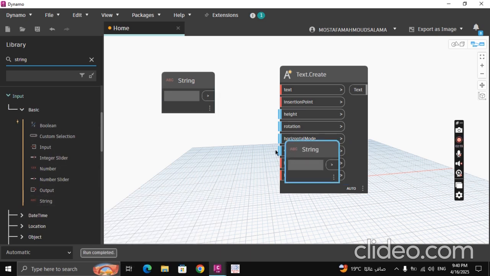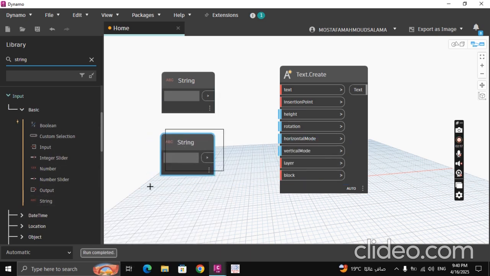If we click with the mouse, we will see it come up here. So let's type here, for example, Mustafa,